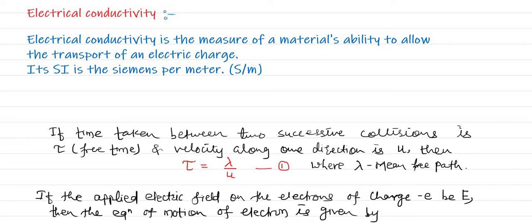So we can define electrical conductivity: electrical conductivity is a measure of a material's ability to allow the transport of an electric charge. It means the ability of that material to allow electric charge to move from one point to another point. That is called electrical conductivity, right? In short, we can say we have the movement of